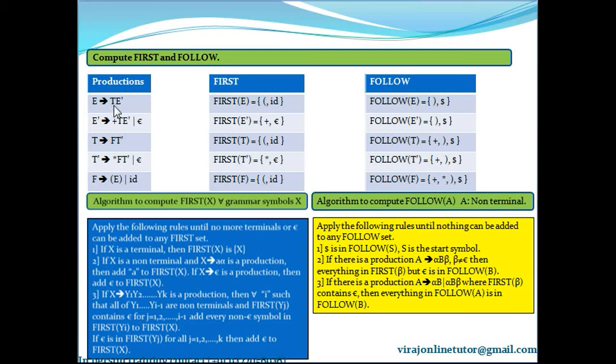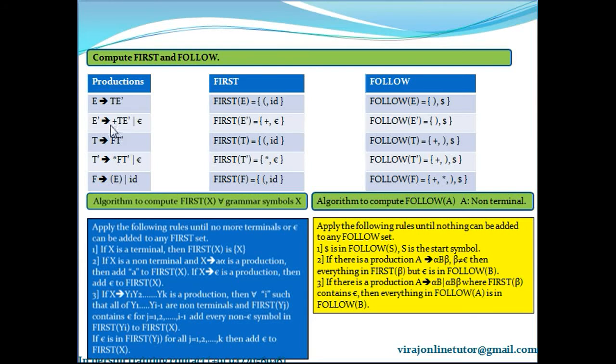Okay. So alpha B beta. Does first of E dash contain epsilon in it? Yes. First of E dash contains epsilon in it. So whatever is in follow of E, you place it in follow of T. I repeat. Now I am checking whether the last rule is working out for all the productions. What it says: A gives alpha B beta where first of beta contains epsilon. So I'll make it as alpha B beta, so beta is E dash. Is first of E dash containing epsilon? Yes. So whatever is in follow of E, you copy it in follow of T.